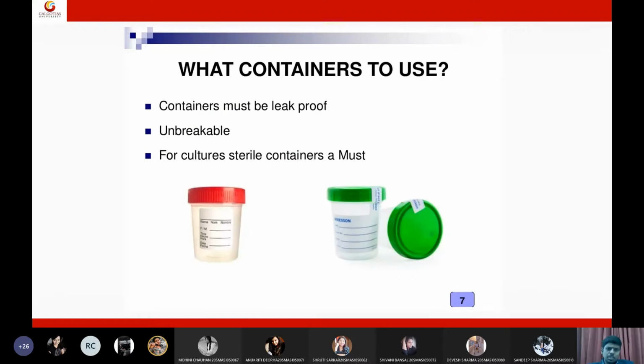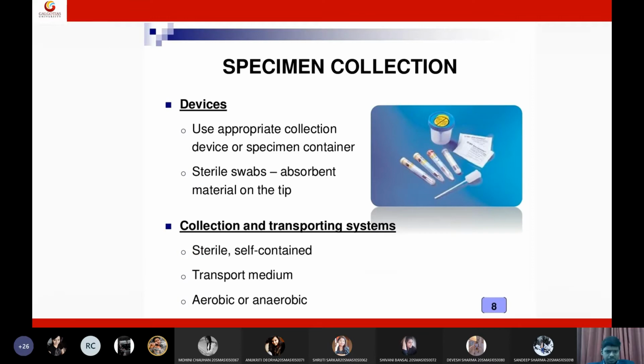So as usual, need not say much about containers. They should be leak-proof. They should be unbreakable. They should be reliable. They should be clear, and they should have a proper surface area to write with marker. So these are certain characteristics for a container, and it should be sterile. There should not be any soap or debris or any contaminants in the container. Basic things. Same stories. Okay, so use of appropriate sample for a proper specimen.